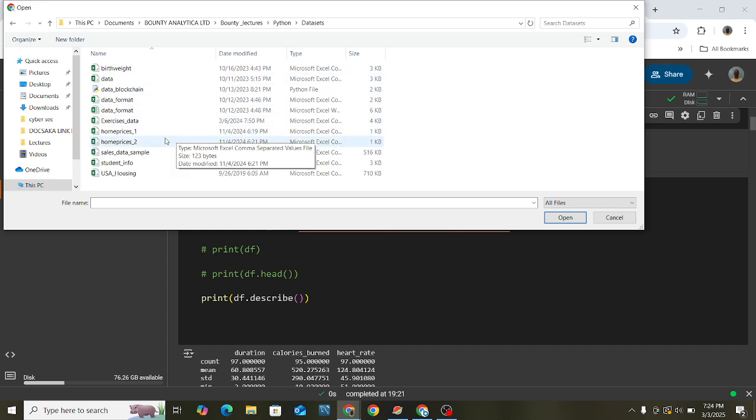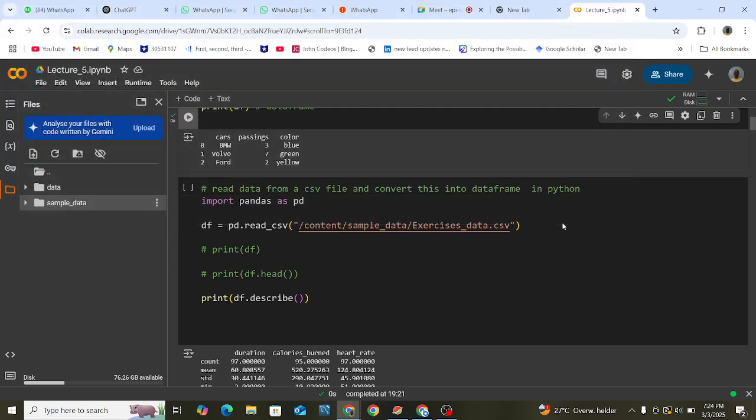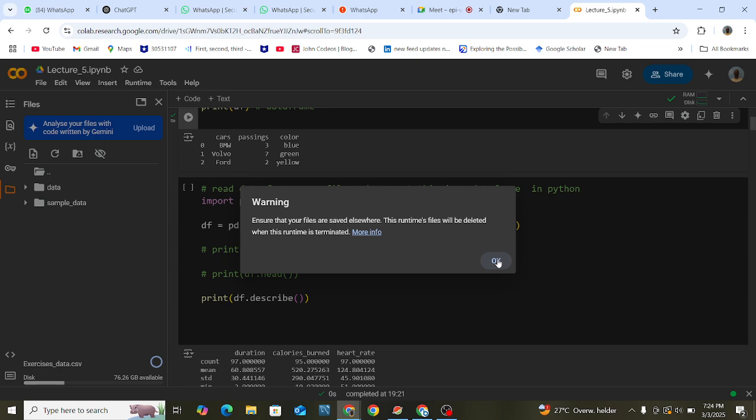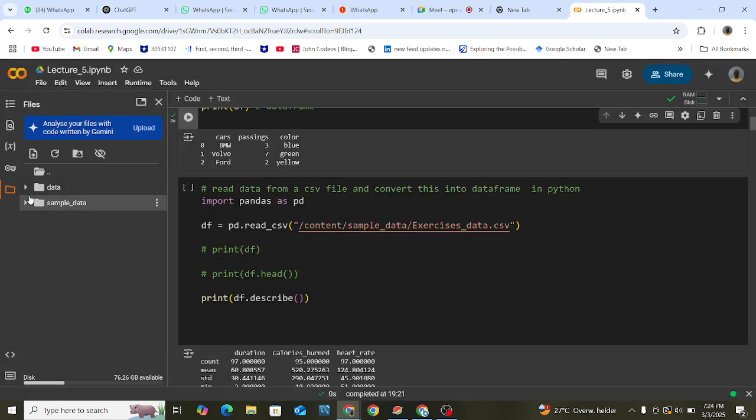I'll just choose a random data set. I think you can just choose the exercise data. Just have to press OK. And now when I click this drop down here, we should be able to see the dataset that we have just uploaded, right? Now